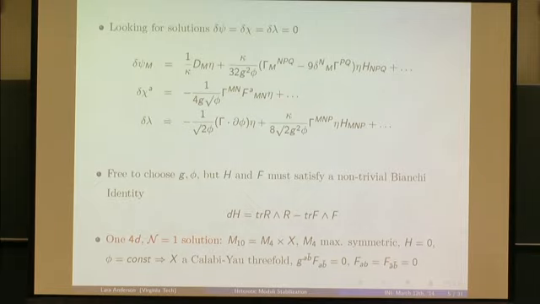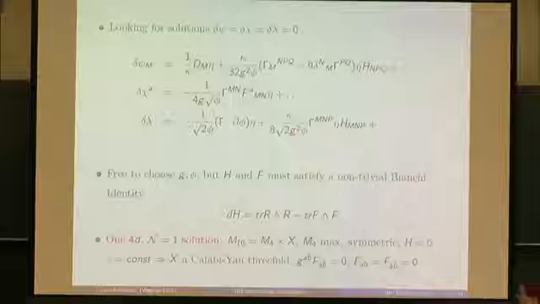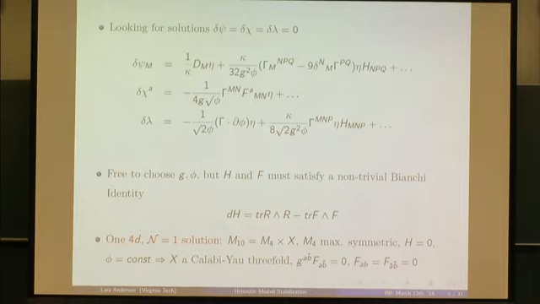So one solution that we're familiar with and that I'm going to spend most of my time talking about will be a 4D N=1 solution where we get a 4-dimensional maximally symmetric Minkowski space, for example, with H=0 and the dilaton equals constant. And this, of course, is the familiar Calabi-Yau solution. In this case, the gauge fields in my problem have to satisfy a set of partial differential equations known as the Hermitian Yang-Mills equations, and we'll come back to that. So this is going to be the solution that we'll look at in the most detail, but before we do that,